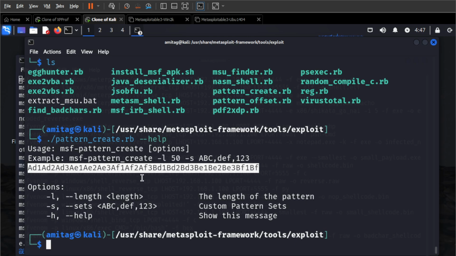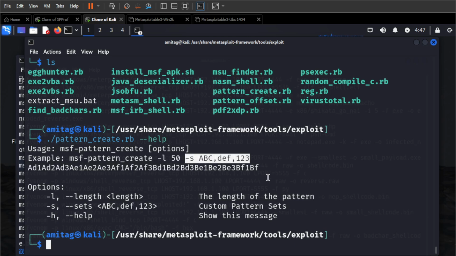You can give the length here and the sets that you want to use for generating the cyclic pattern. And once you have found which 4 bytes have overwritten the EIP, you can use pattern offset to find the exact offset of the pattern in the payload,